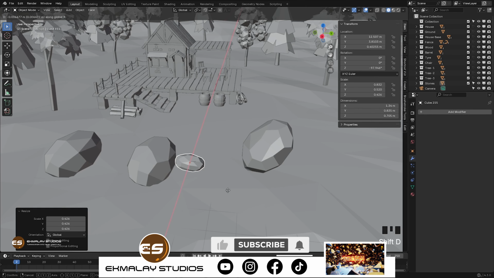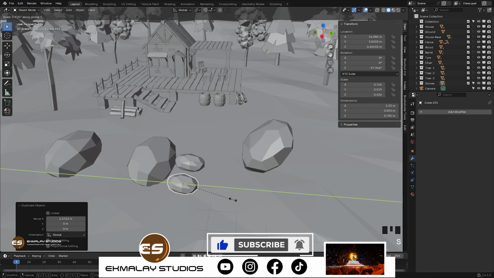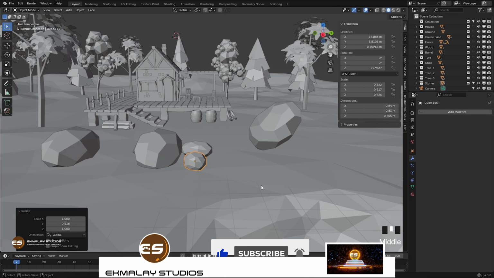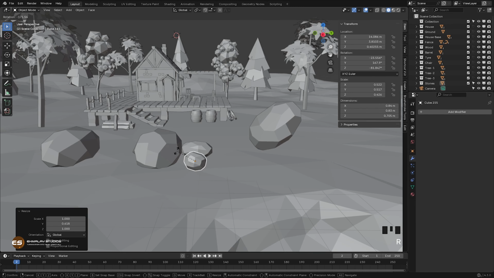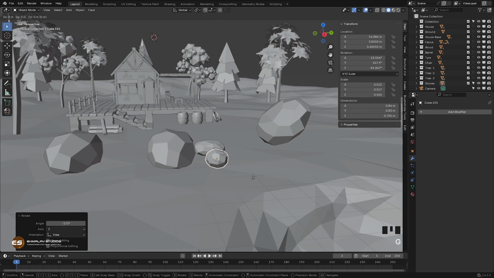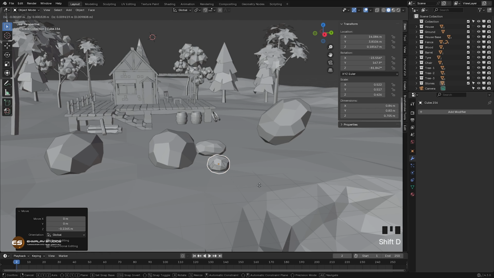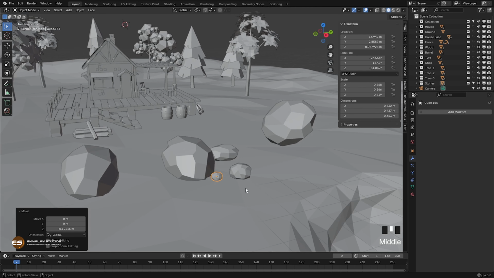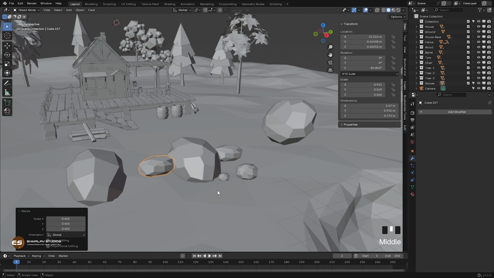Shift D again, X, move, S, Y, scale down like this, and then R, rotate, okay, and G, Z, move to the ground like this, and Shift D again, and just move to the side, G, Z, move it up, S all the way, scale down like this, G, Z, like this, okay, and let's duplicate this one again, Shift D and Y, R, Z, rotate, S, scale down, and Tab to go in edit